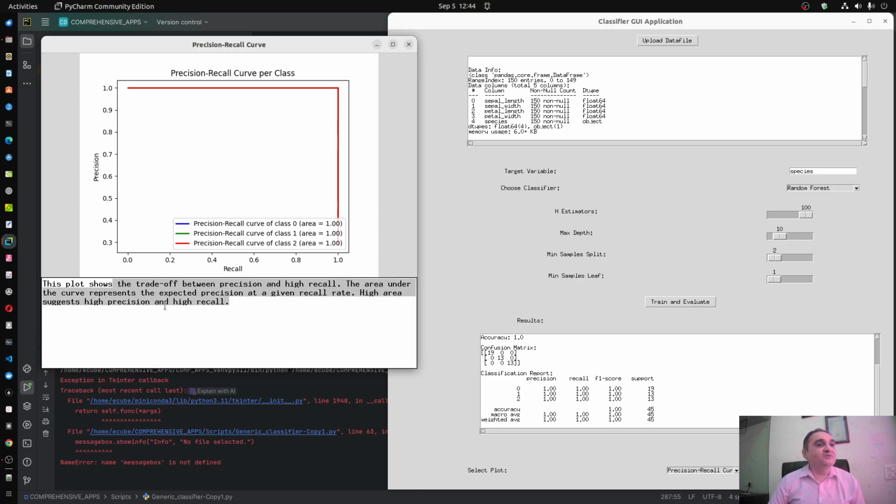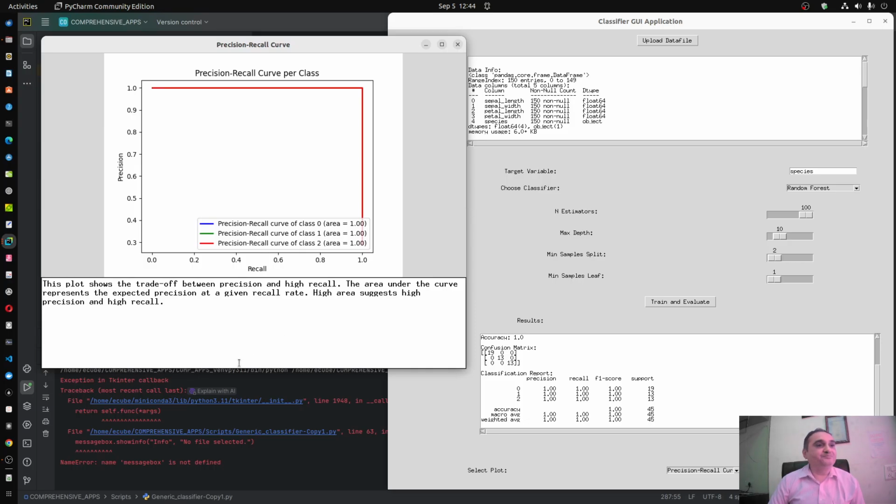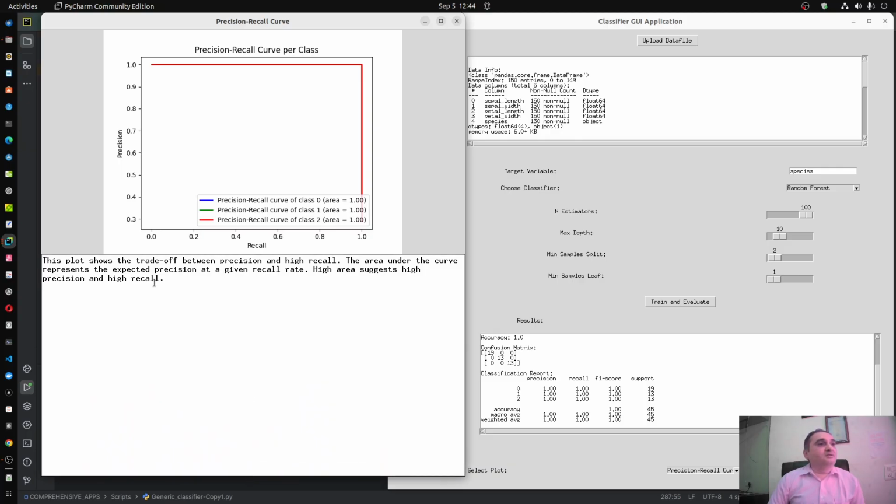The area under the curve represents expected precision at a given recall rate. High area suggests high precision and high recall, and here also the area is 100%. So that means it is clear that this is a good model.